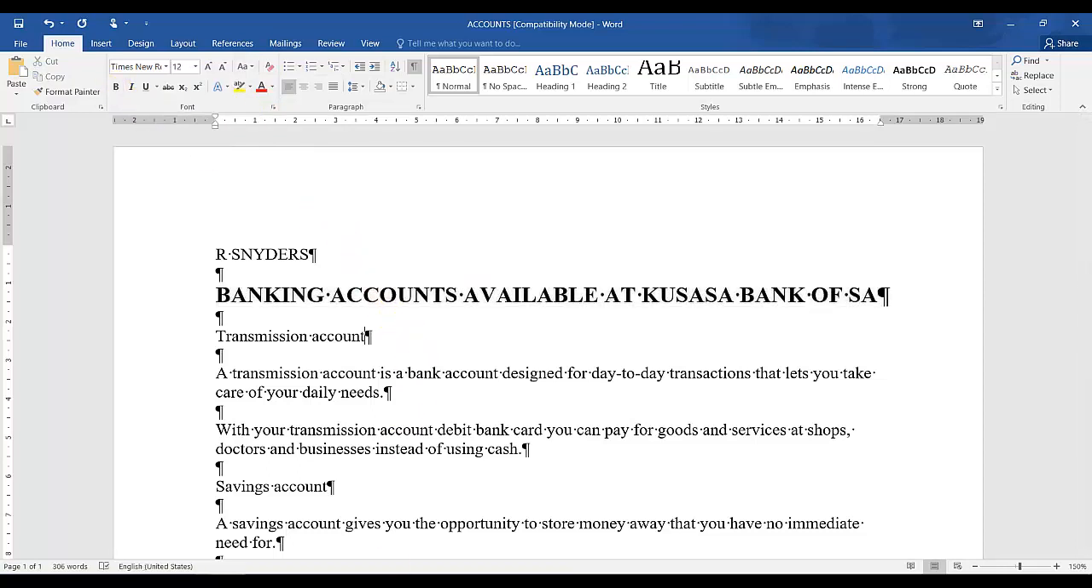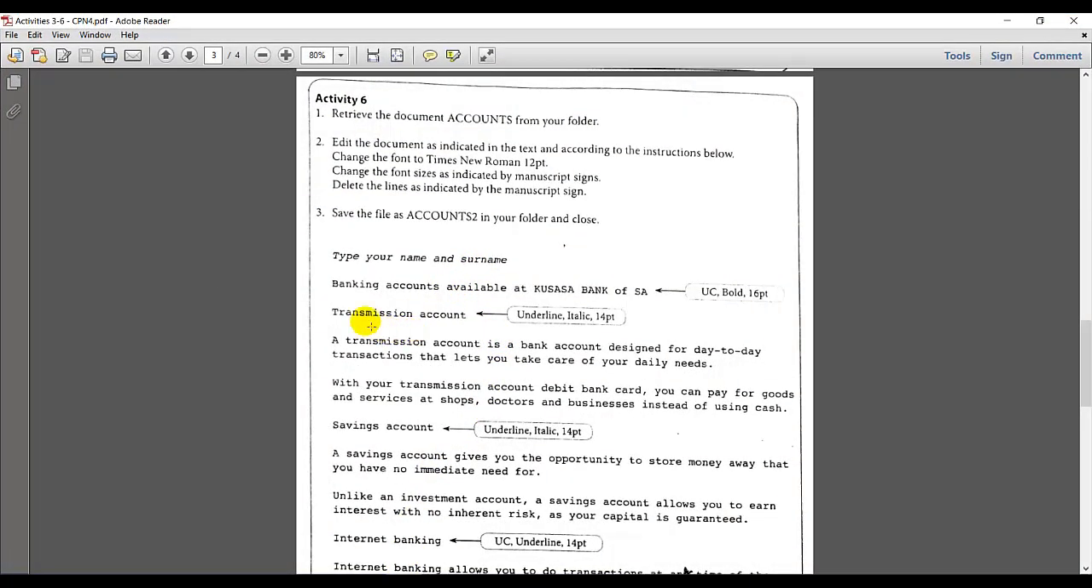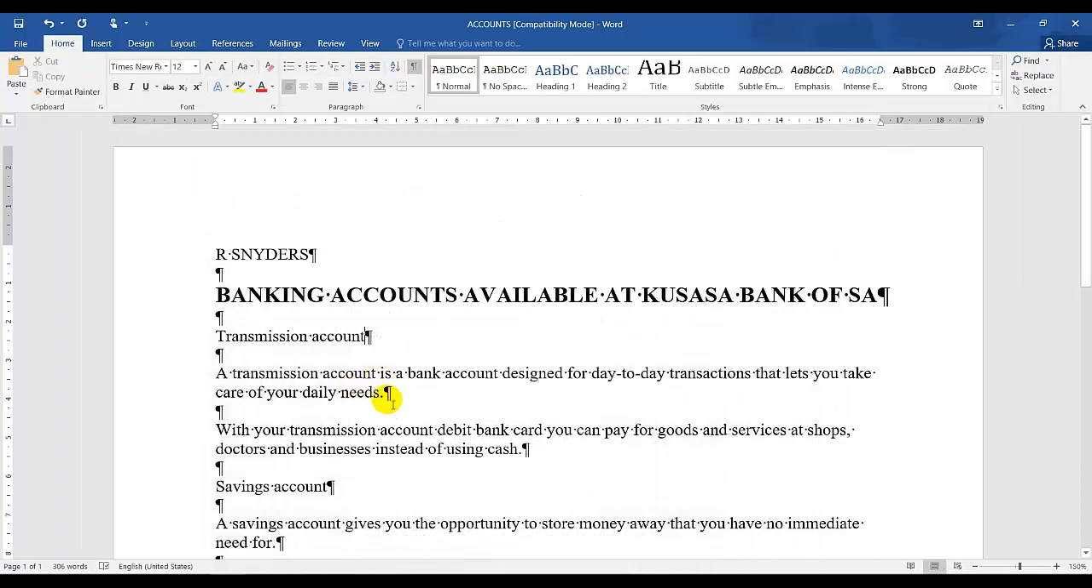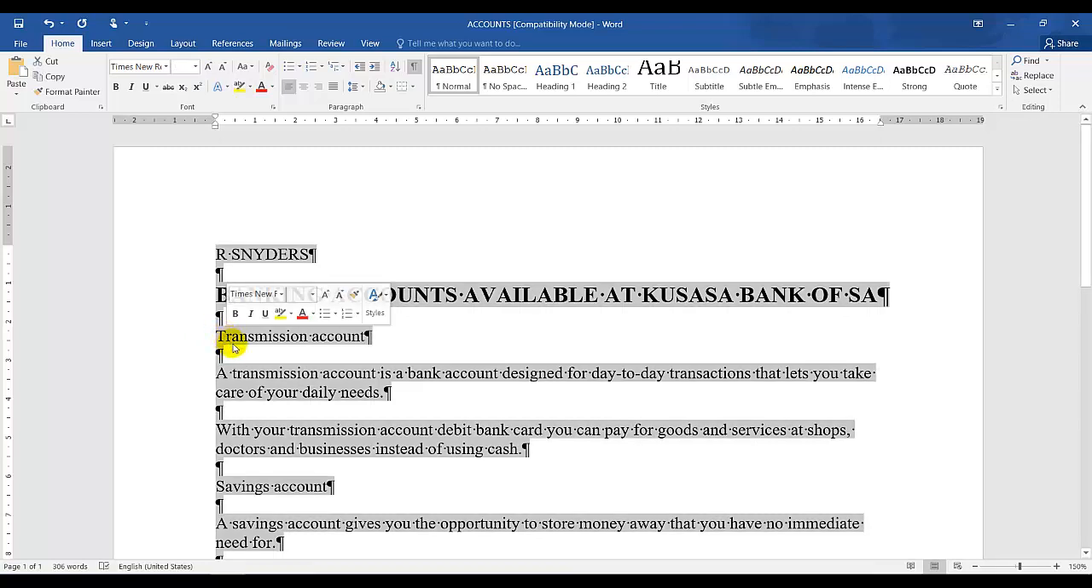Let's go back to the instructions. They're saying transmission account and savings account should be underlined, italic, and size 14. So we can do both of them at the same time because it has the same instruction. How do I do that? You're going to keep your finger on Control. This is known as selective highlighting. Keep my finger on Control